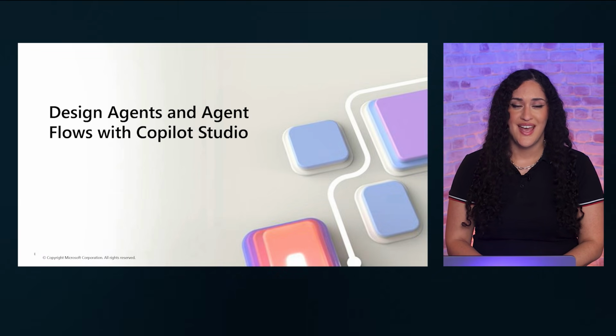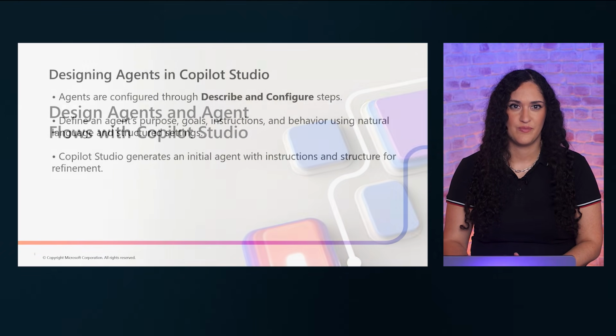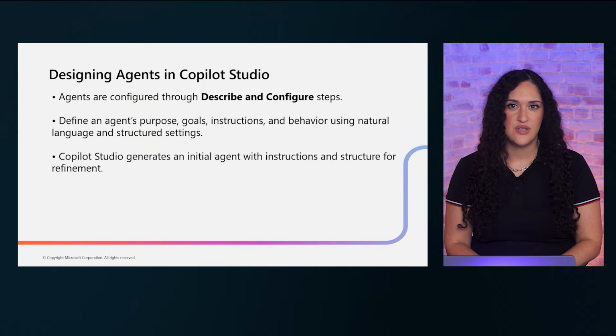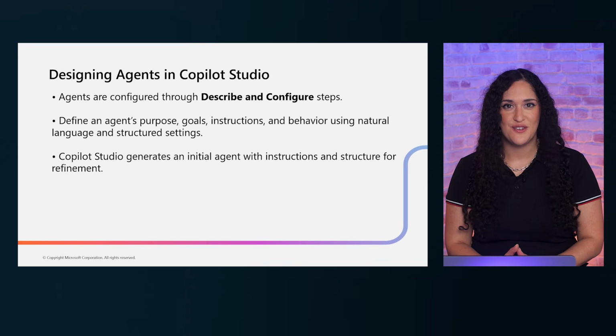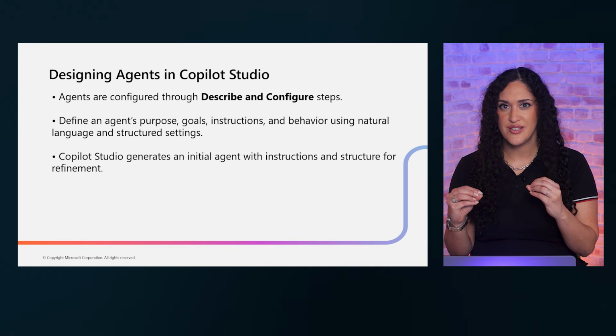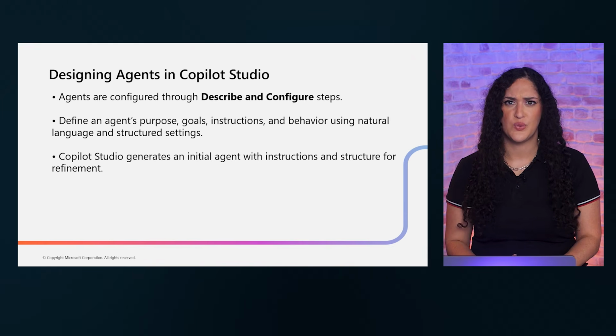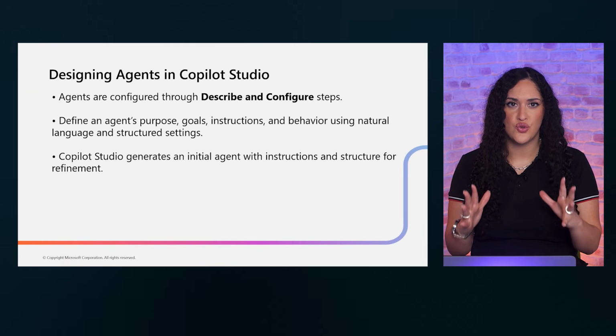Now we're moving on to the hands-on design of agents and agent flows with Copilot Studio. This is where architecture meets implementation. Designing agents in Copilot Studio follows a straightforward process built around two key steps: describe and configure. You start by defining the agent purpose, goals, instructions, and behavior using natural language and structured settings. Copilot Studio then generates an initial agent that you can refine. It's a practical workflow that gets you to a working agent quickly while still giving you full control over the